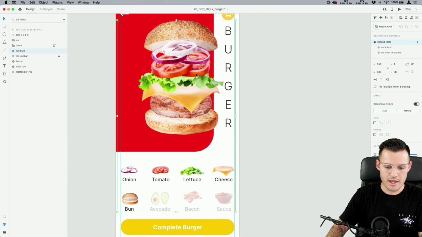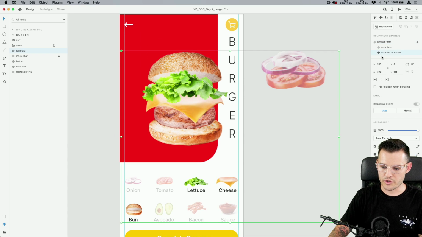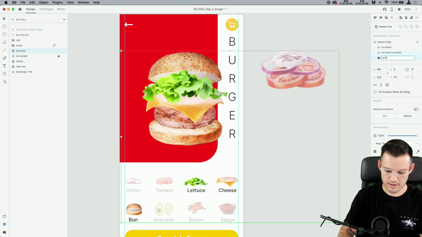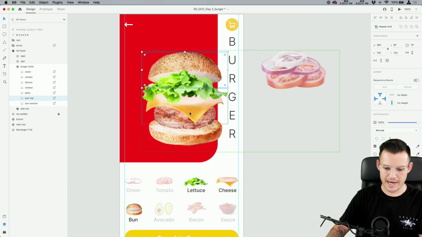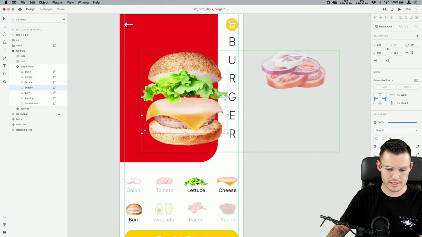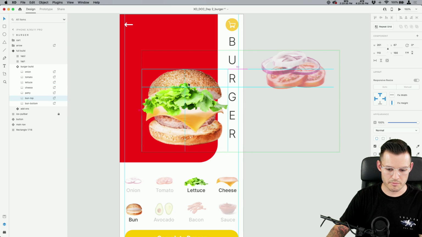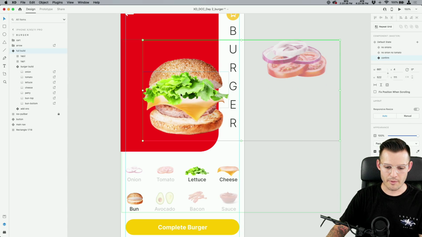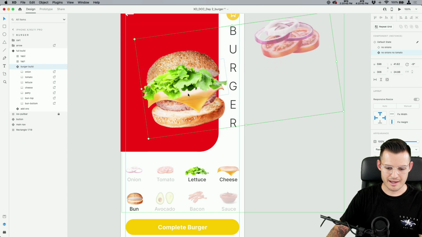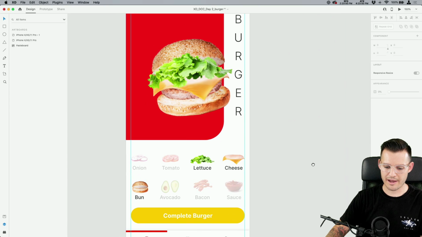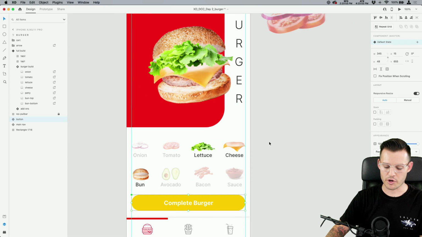How about this one? After you're done, we go no onions, no tomato. We can add another state of confirm, right? That's it, that's the one we want. What do we want to do then? We want to tighten this burger up is what we want to do. We want to move the cheese down. We want to move the lettuce down. We want to move that thing down just like that. And we want to take the whole burger and just pizzazz it and move it into position. Are we tracking with what just happened there? Oh my goodness. So I think all we'd have to do then is make sure that our button was part of that thing.